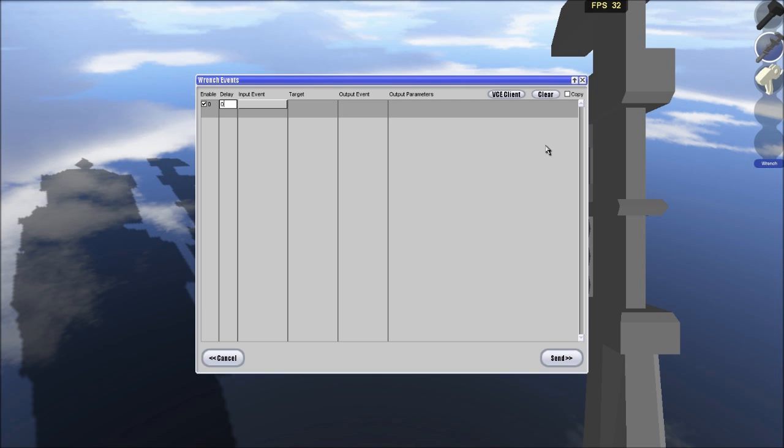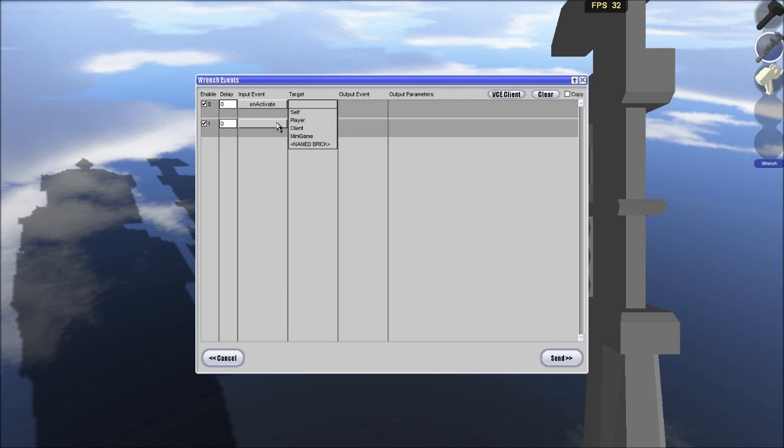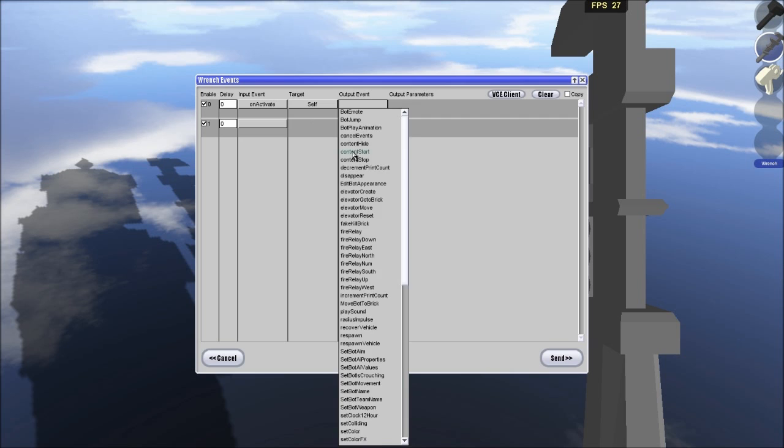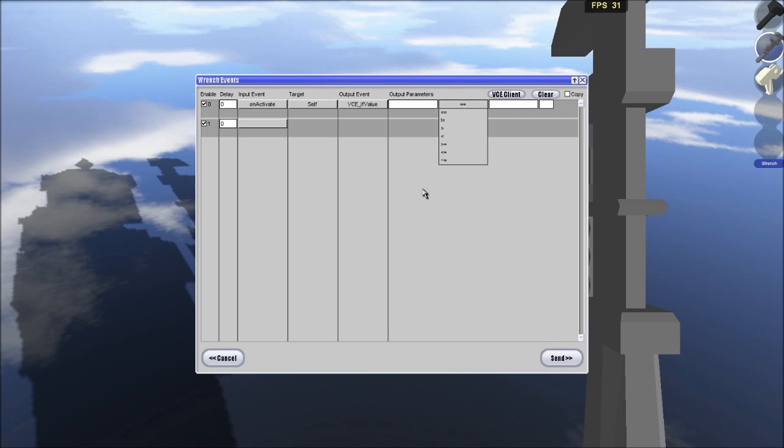And another thing is if you want a brick to only activate when a player has a certain ID, then it's not going to be variable. You're going to want to go to client, and then, wait, no, sorry, thinking, okay, self, and then you're going to want to go to if value, because the ID is not a variable, it's a value. So var player or client bl underscore ID